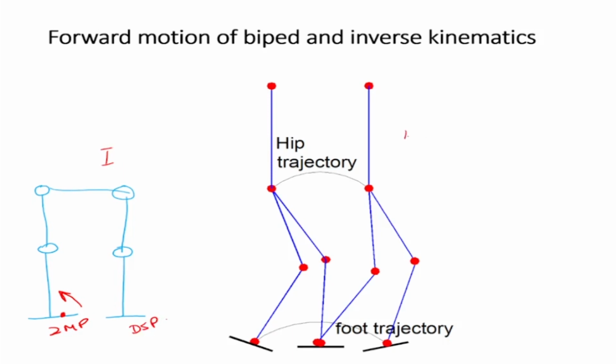Then the second thing it does, it moves from DSP to SSP. And in SSP, it takes the hip forward, and it takes the rear leg also forward. And that's how the robot moves forward. Now, when the robot is moving forward, what we can see is that in terms of degrees of freedom